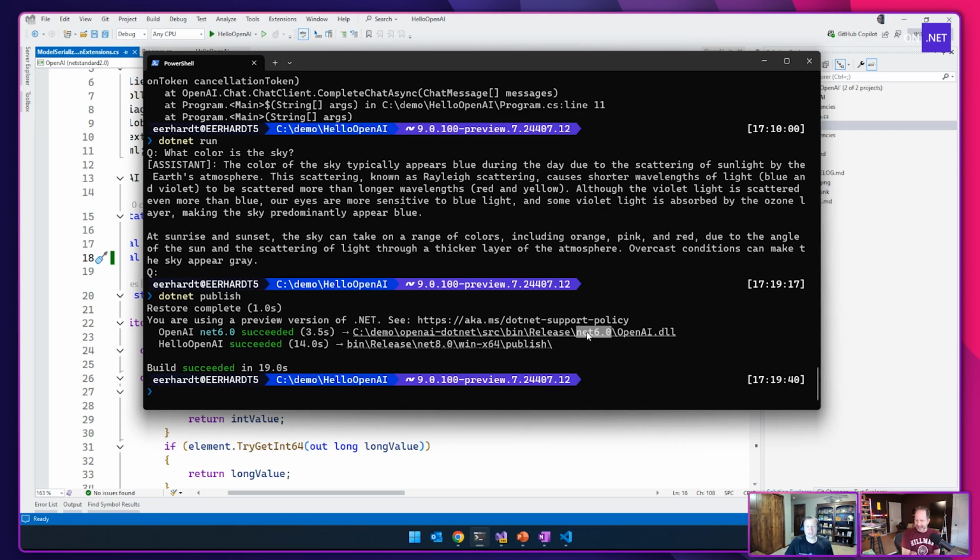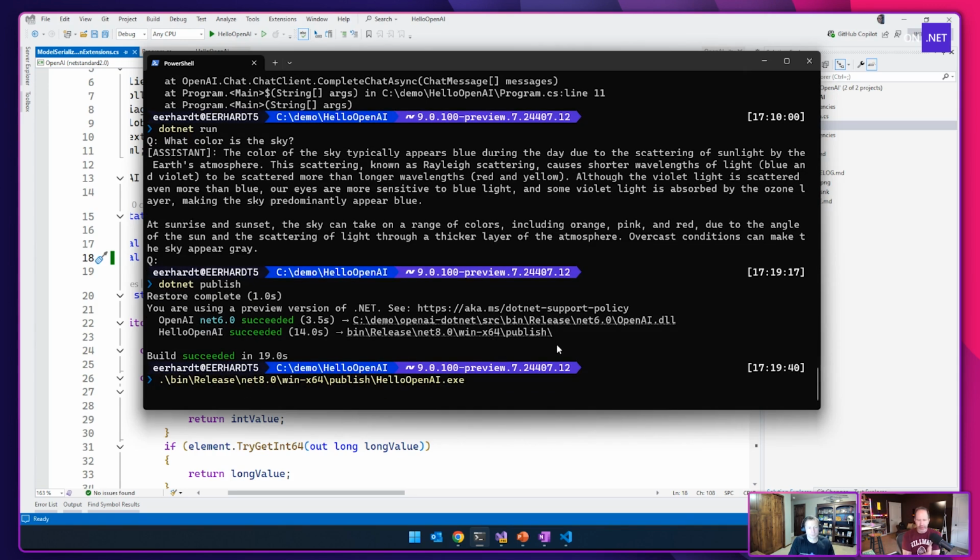If there's no warnings inside of it, you don't have to recompile it on the new TFM just so you can use it in native AOT. You can actually take a .NET Standard 2.0 DLL, compile it into your .NET 8 app with native AOT, and it'll work as long as you're not calling any APIs that don't work. Cool. And we'll learn more about that later. And a TFM, of course, is a target framework moniker.